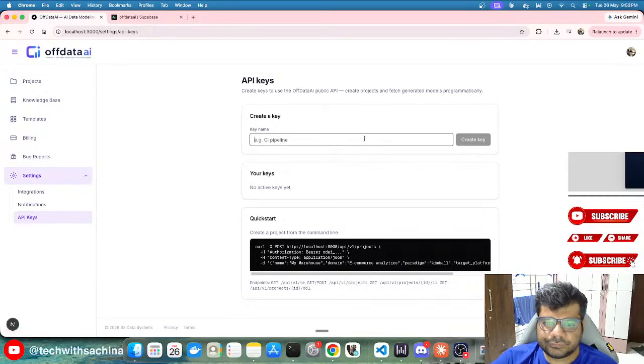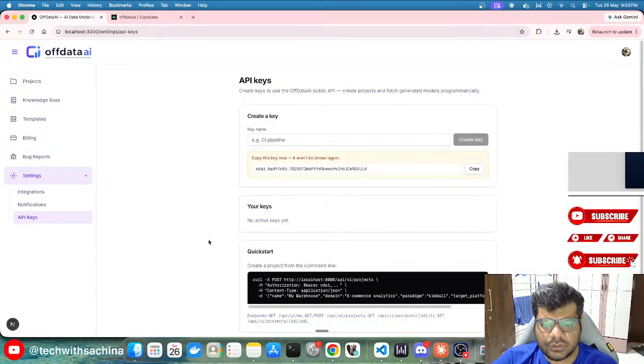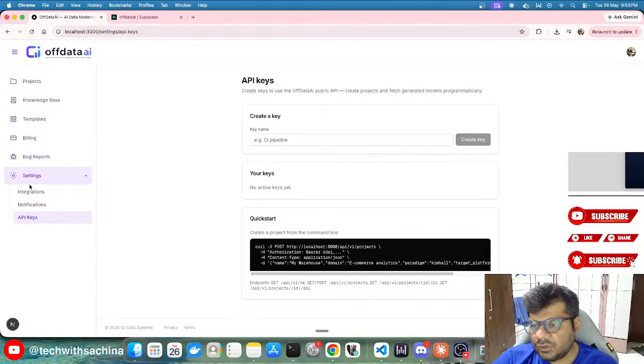So let's try to create one of the keys. Here you have this key. Right now I haven't given any option of providing read only access, write only access, or read and write. I'll put all those things as well. Those are small things. So let me just refresh it. Let's start building a few of the parts. Let's start with the API keys only, like I can see right now.